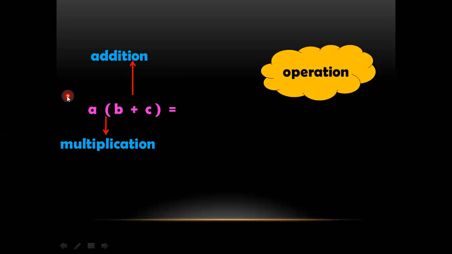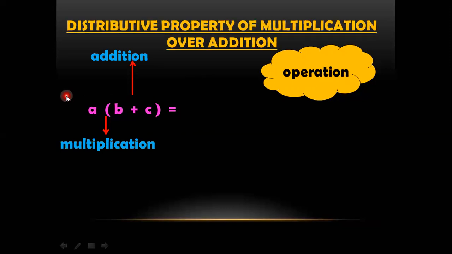So that is why it has got a very special name, which is called distributive property of multiplication over addition. And how will it work? It will work like this. A will be first multiplied with B and the answer will be AB, and then this A will be multiplied with C, and because we have a sign of plus with C, so it will be a plus AC. So that is how the distributive property of multiplication over addition has been applied.